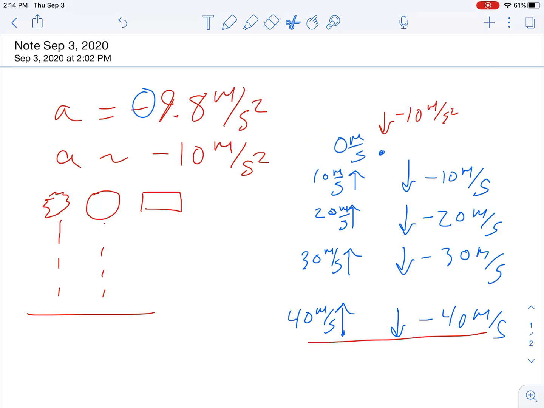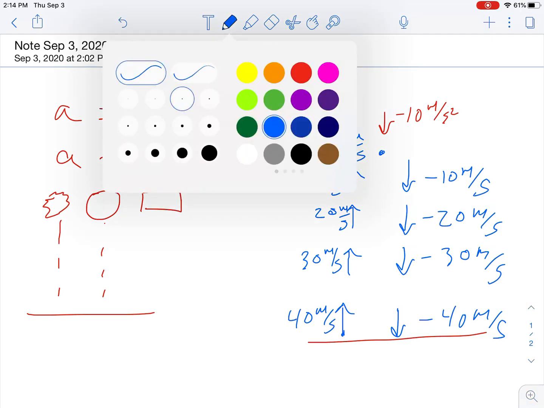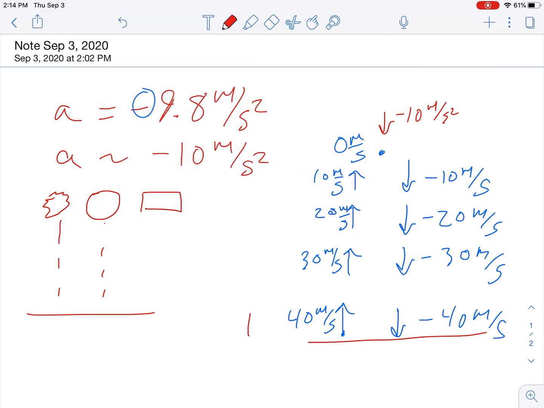How does that answer our question? Well, the question was, how does the acceleration on the way up compare to the acceleration on the way down? And the answer is that it's constant. Sometimes people will make the mistake of saying acceleration points up on the way up and down on the way down. But imagine for a moment with me that gravity's acceleration did point up on the way up. Well, then that 10 meters per second squared would be positive, and it would make the 40 meters per second that we throw it up with